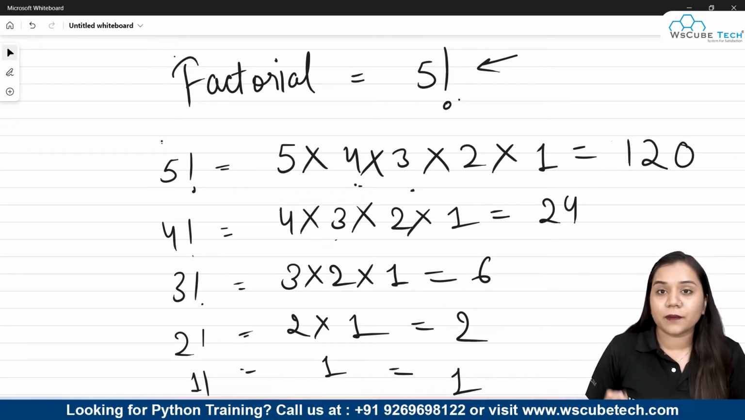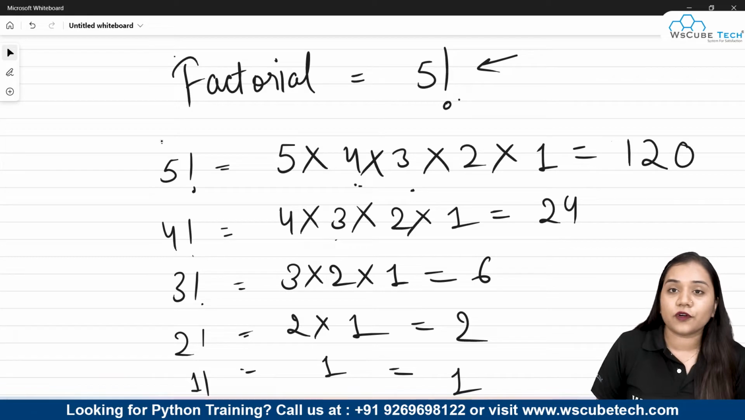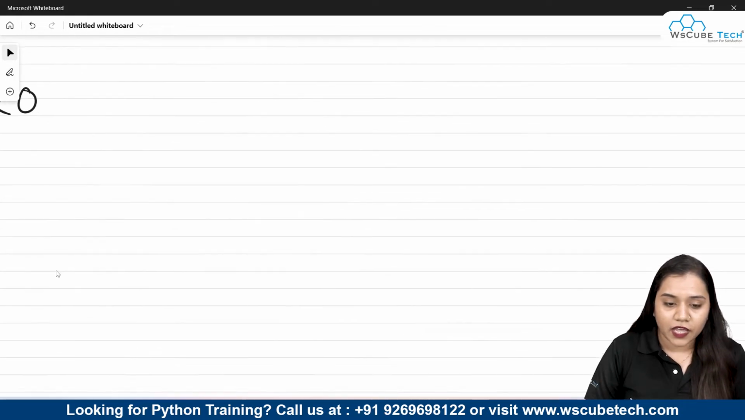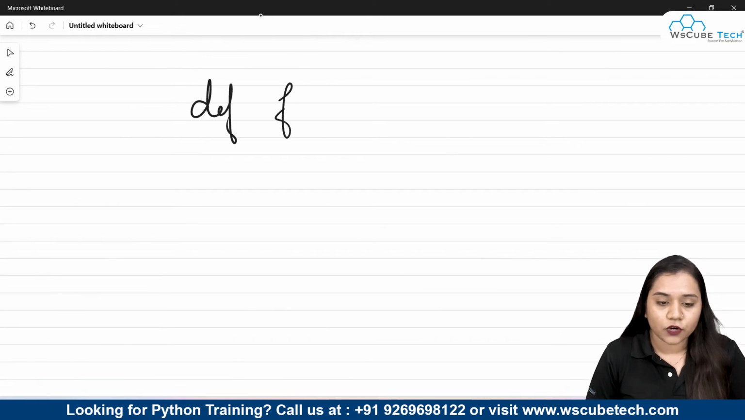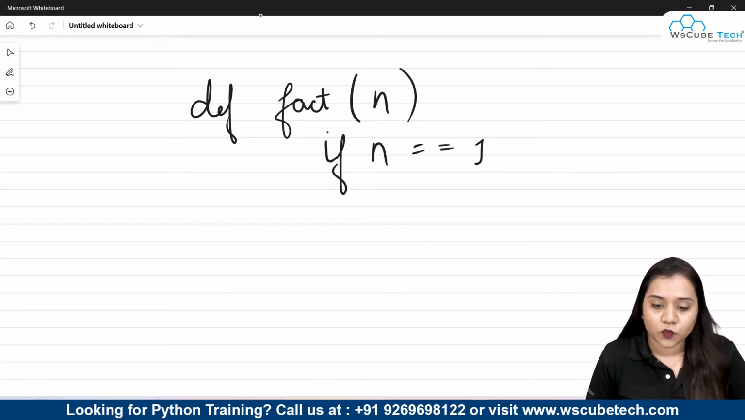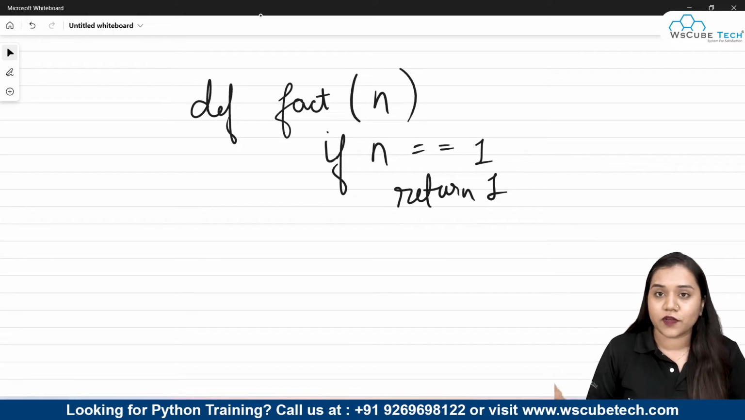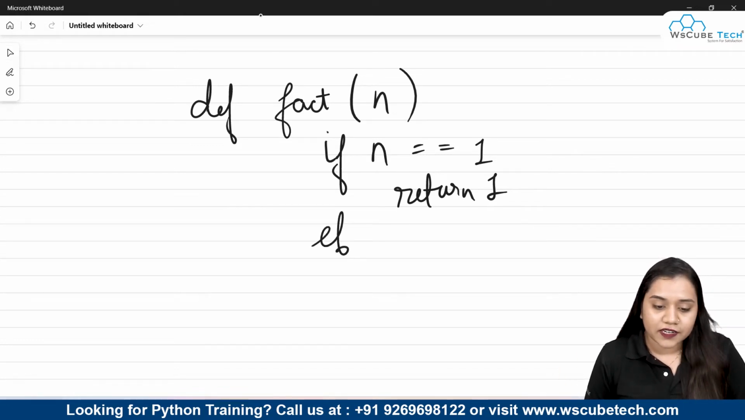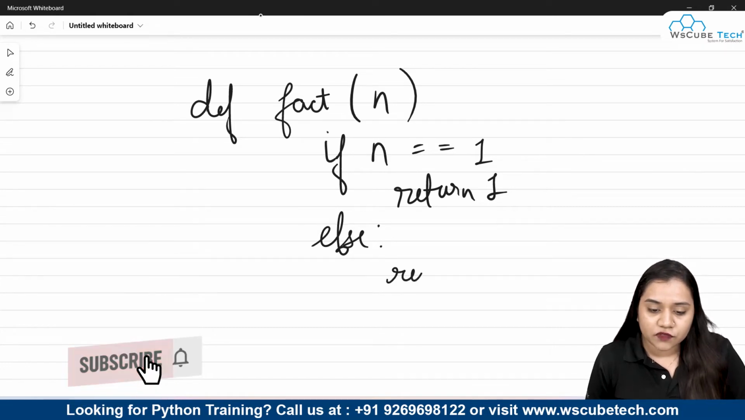Now, if we are talking about recursion, how will it work if we want to call a function inside a function? Suppose I have written def and I want to find a factorial of n. So let's say n is 5 or any other number. Now I give a condition that if n is equal to 1, in that condition it will return 1 itself, because the factorial of 1 is 1 itself. And else if it is greater than 1, in that condition we will return